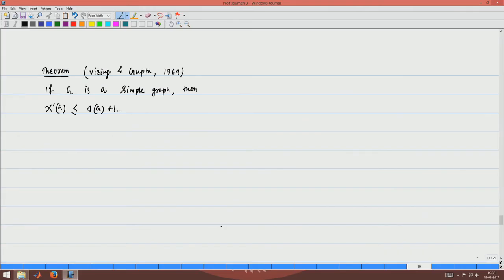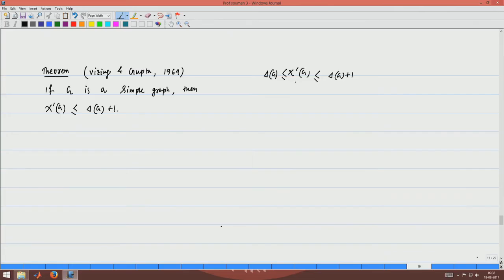And just now we have observed that the lower bound for chi prime G is delta G. This is the minimum number of colors required to edge color a graph, and this theorem says that the upper bound is delta G plus 1.